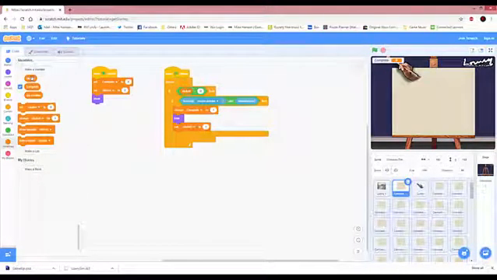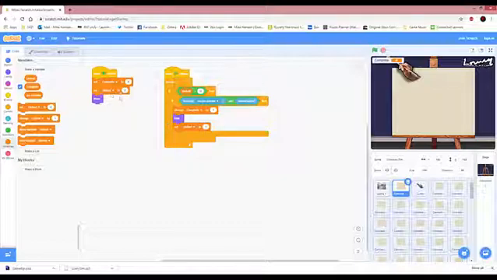Now, when you make a variable, you can make a variable for the whole game, or you can make a variable for just this sprite. Each one of these canvas sprites has got a clicked variable just for that sprite. That's called a local variable, or a private variable. It's just a variable that works for just this sprite and not anything else. That carries on through all game code. It's not just in Scratch.